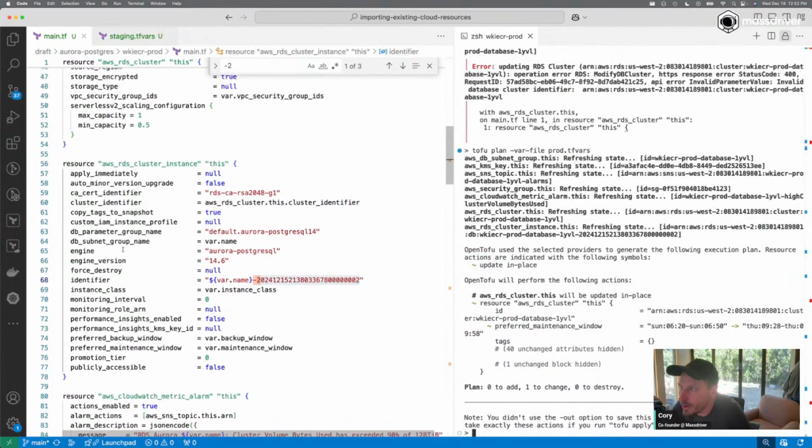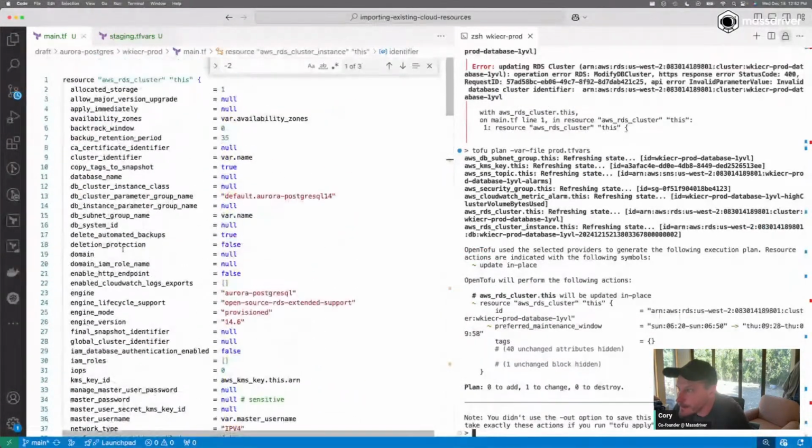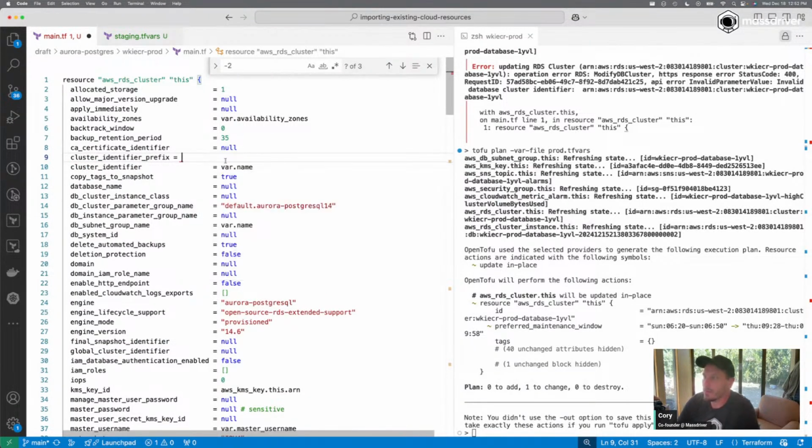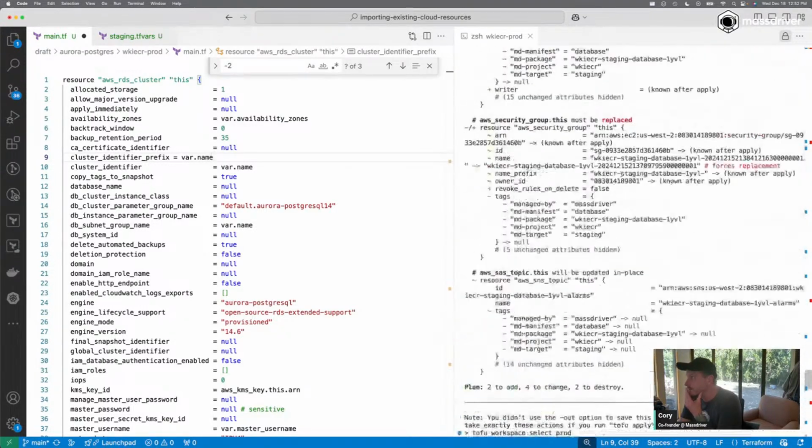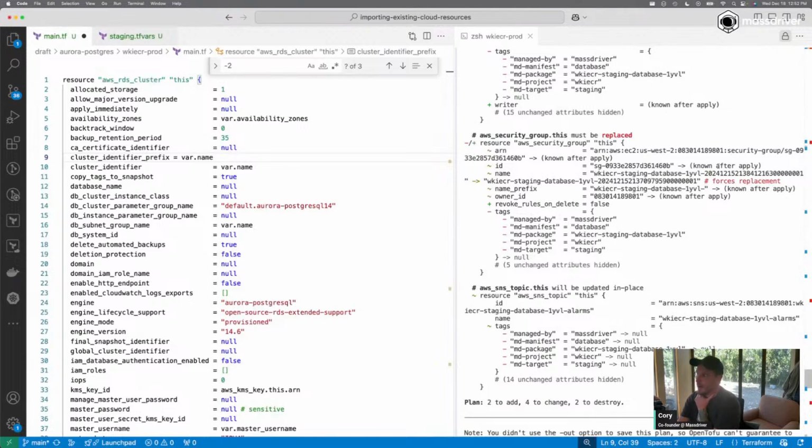So I'm going to start with the cluster. Cluster identifier, and I'm going to switch this to cluster identifier prefix equals var name. Now, what I have to do here is the original name, you can see up here. I don't know if you caught this, but it's the name, hyphen, that. And I'm almost positive that because they don't want to dictate your naming conventions, the provider just throws on a random, I think it's a timestamp down to like the microsecond or something like that. It just gets appended to the end. I want it to have a hyphen. So I'm going to